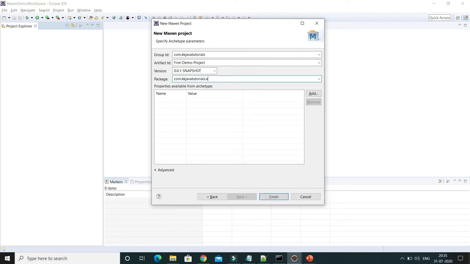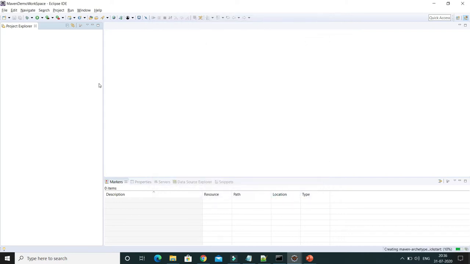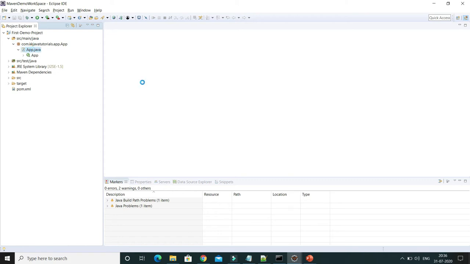I would like one class to be created automatically, that's why I'm giving it like that, and click on finish, right? After a few seconds you'll see the project has been created. Let's wait for some time so that I can show you the exact project architecture. Yeah, so here you can see, if I explore this, one class has been created.